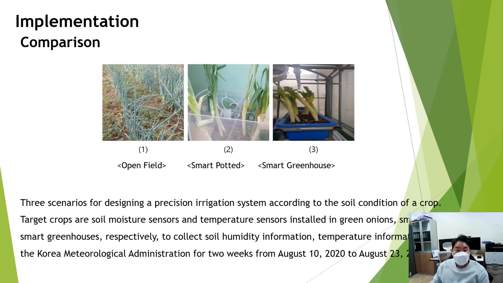In this chapter, a precision irrigation system was installed according to the soil condition of the crop to measure the difference.